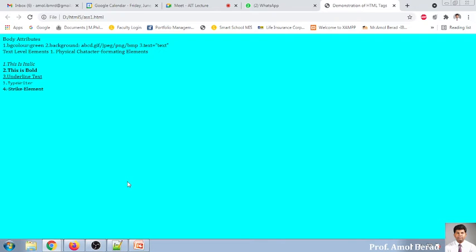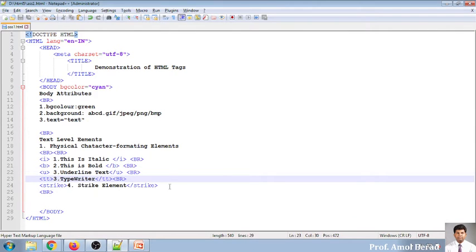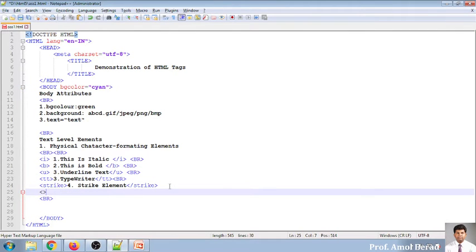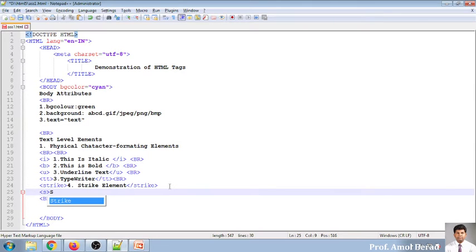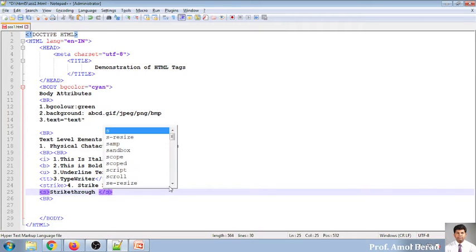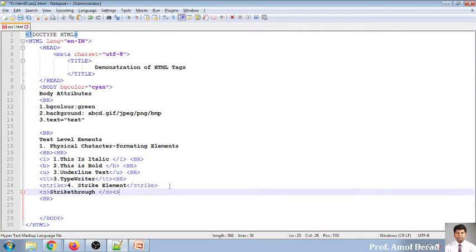Now strike through, another fifth one, S tag. We call it as strike through, and I'm closing this tag with slash S, and I'm using a break line.